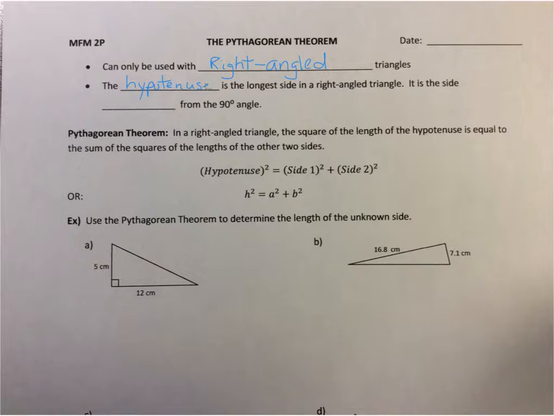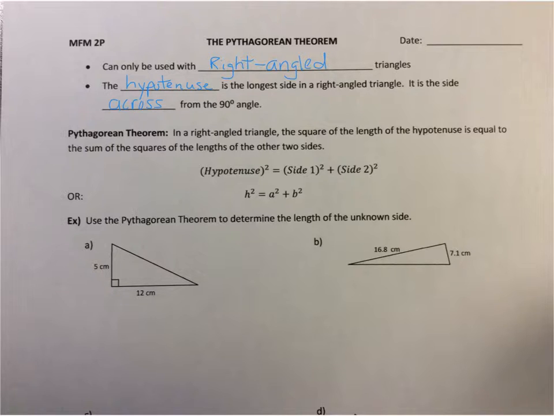So you can fill the blanks in. It is the side across from the 90-degree angle. It's the one that doesn't make up the 90-degree angle. It's not attached to the 90-degree angle. It's across from it. And our Pythagorean theorem says in a right angle triangle, the square of the length of